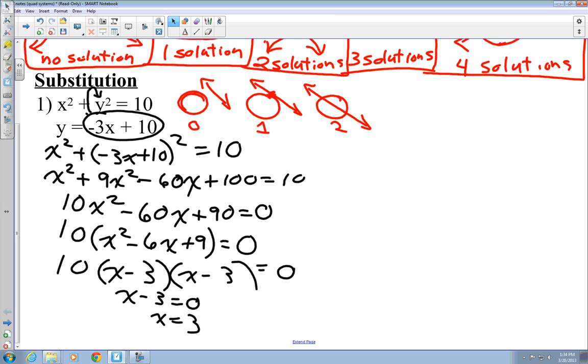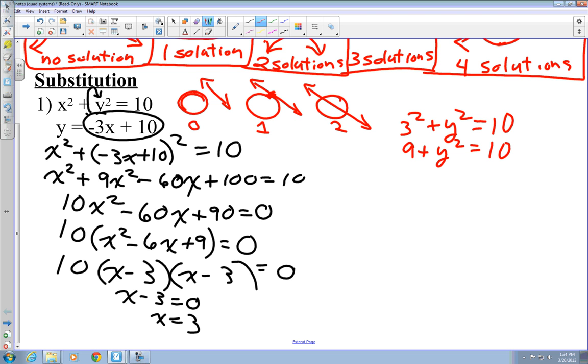Now you have to get your y value. So we're going to go back up here. Let's look at the circle equation. And we're going to put the 3 in for the x. So I get 3 squared plus y squared equals 10. So 3 squared is 9. 9 plus y squared equals 10. So y squared equals 1. So y could be plus or minus 1. So it gives me 2 points. It gives me the point 3, 1 and the point